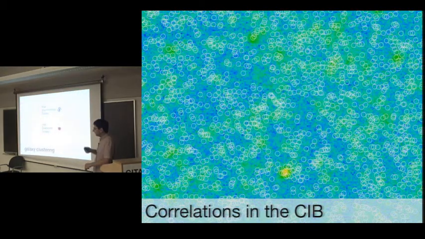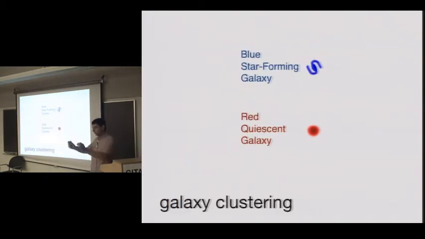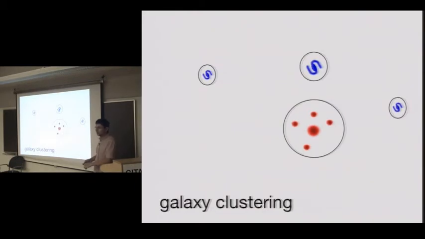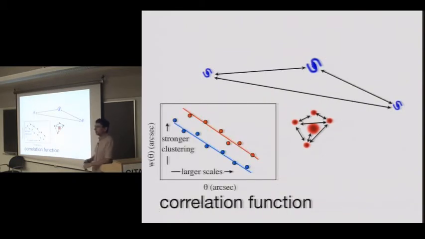So I want to measure clustering. And how clustering is typically measured is you identify your sources. Some are red and some are blue. And some of you have seen this slide before. But different galaxies cluster in different ways. The way that you typically measure that is you measure the distance between the galaxies. You compare that to random. And then you plot it either as a power law, or if you want to get fancy, you model it with a halo model. But the point is that it's fit more or less well by a power law with these red galaxies, which trace larger structures, more clustered than these star-forming galaxies.